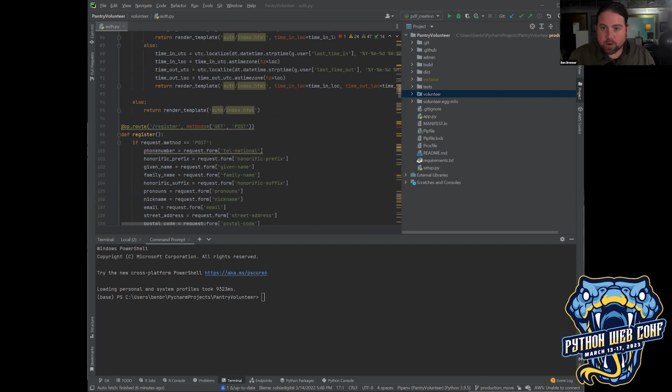Let me jump over there real quick. So for instance, that number has not been used. Instead of logging me in, it jumps me to registration where I can easily put in